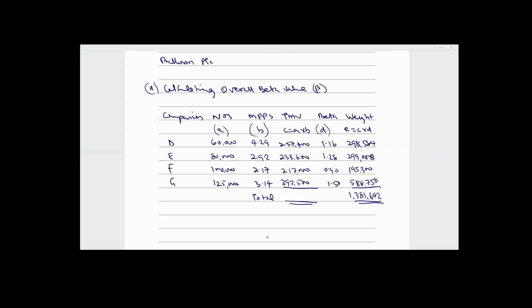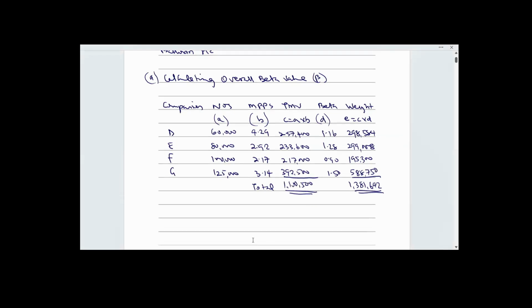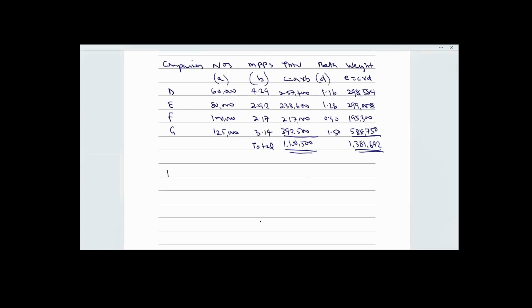I need to add up the market value. The market value is 257,400 plus 233,600 plus 217,000 plus 392,500, which equals 1,100,500. Therefore, the overall beta will be equal to the total weights